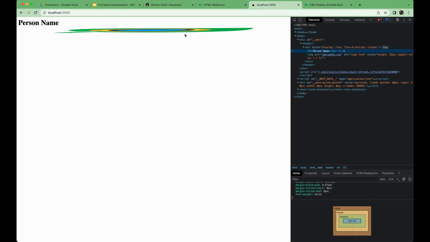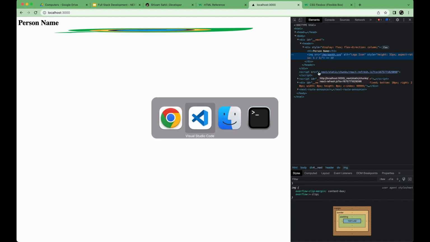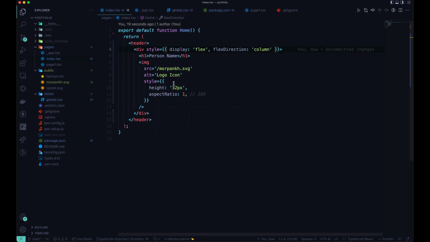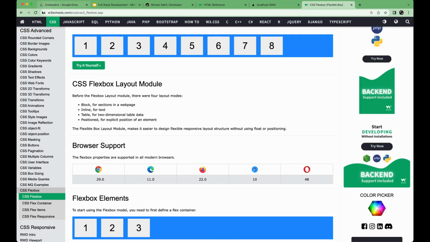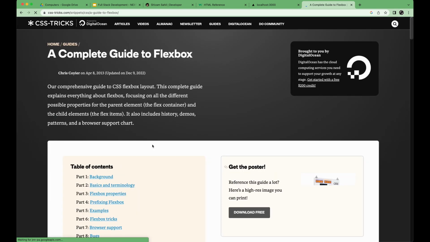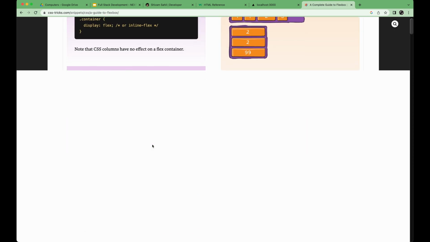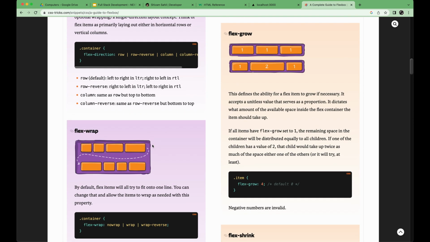And you can see that this one is getting stretched for some reason. Let's see what's going wrong. Okay, in flex, the default property of the element is stretch, okay. So what we can do is, let me just go back. I think this complete guide to flexbox by CSS-Tricks has a very good reference. So if I just scroll a little bit,